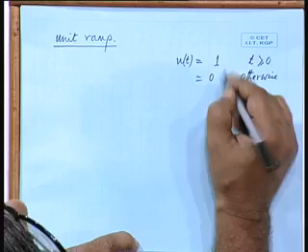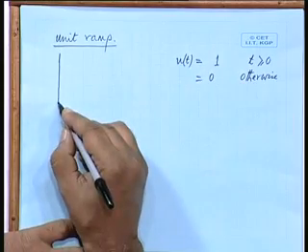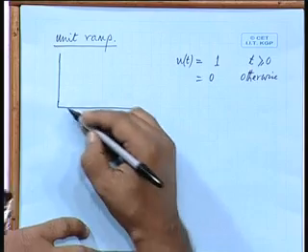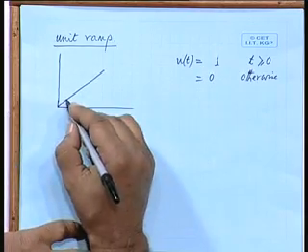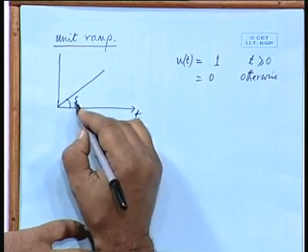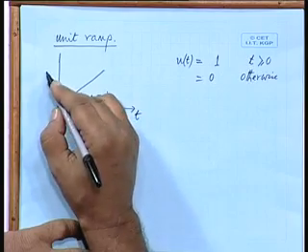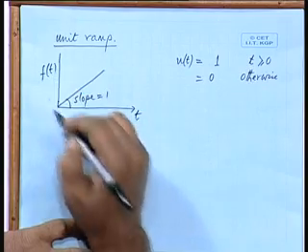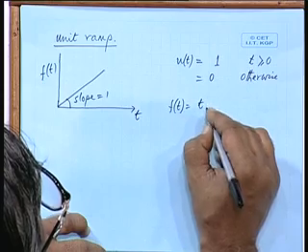Okay. This is for the unit step. Unit ramp is a ramp function with unity slope. So, f(t) equal to t